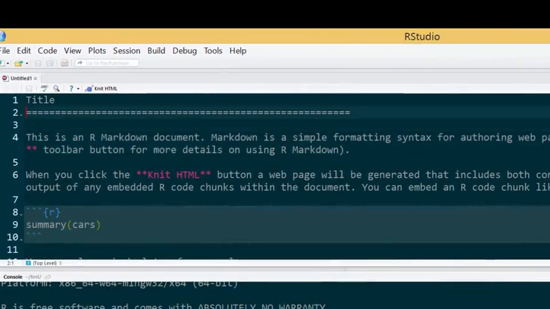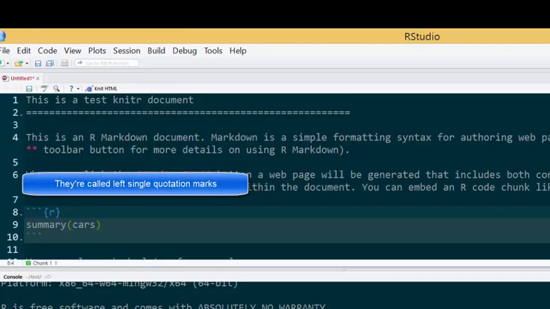So let me edit the title. I just want to say this is a test knitr document. Okay, and then there's a bunch of text there. And then it shows you the R commands here. So what you need is three little forward, well, I don't know if these are right tick marks